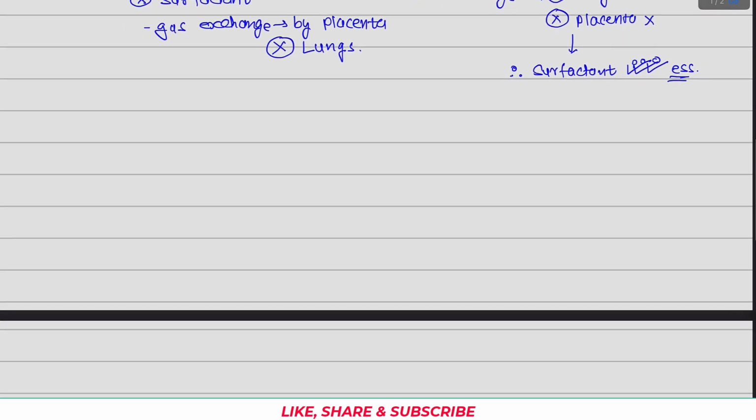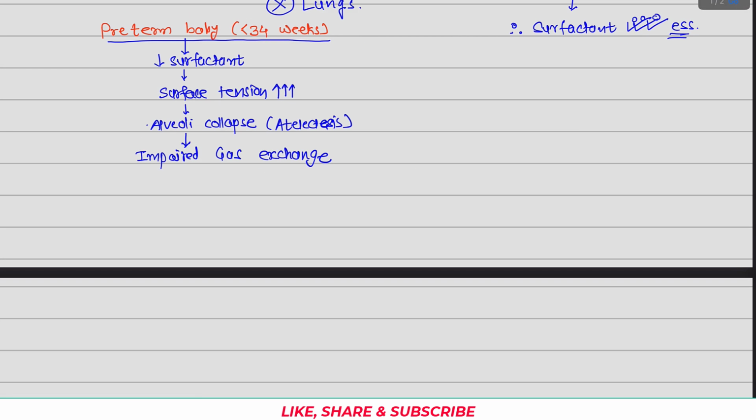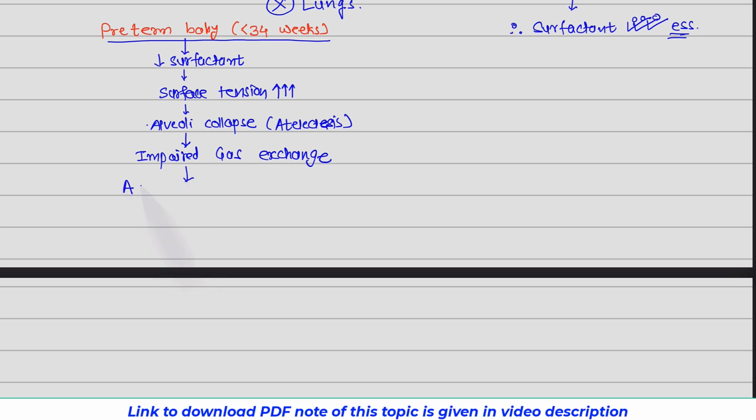So what happens if baby is born prematurely? Let's say before 34 weeks. That baby has a decreased surfactant. And without enough surfactant, surface tension goes up, the alveoli collapse, a condition called atelectasis. This leads to impaired gas exchange as explained earlier. The newborn struggles to breathe, developing what we call acute respiratory distress syndrome, or